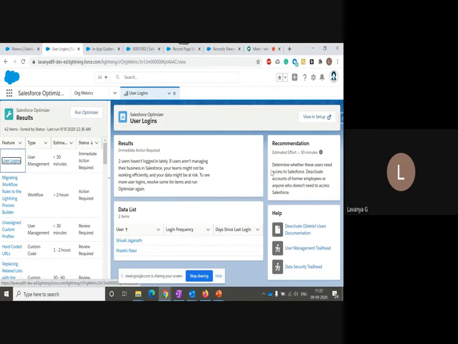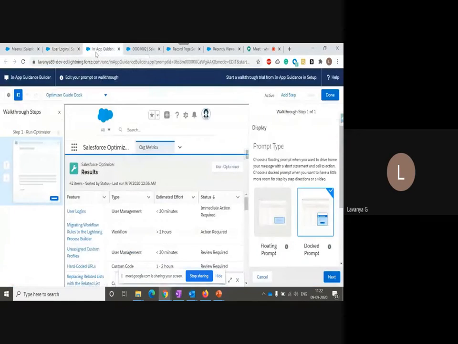So, for example, if a couple of employees left the company or whatever it is, and also the administrator missed deactivating the user or deleting any information related to that particular user, like other information, other logic, other flows, rules, and so on, they are providing the recommendation. So this is a kind of reminder to us so that we will take a look once it is executed. We can go and deactivate them, or we can take a necessary action with the help of this.